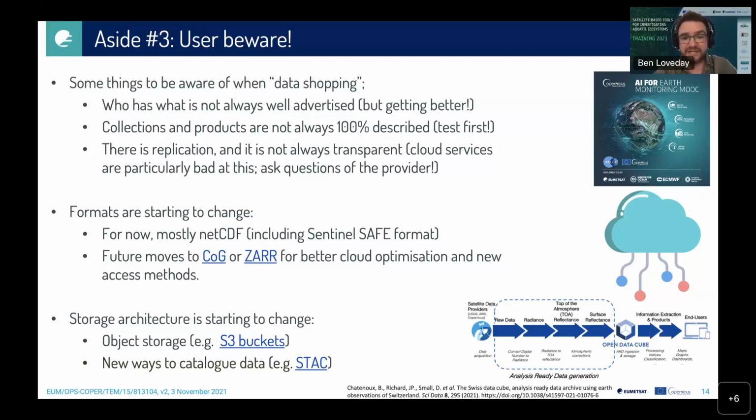We're starting to use more object storage for what we've got, which means we're starting to access data and group data in slightly different ways. And we're starting to catalog them in different ways as well, using things like STAC. And the reason we're doing this really is, again, to support cloud optimization, but really to support massive workflows, such